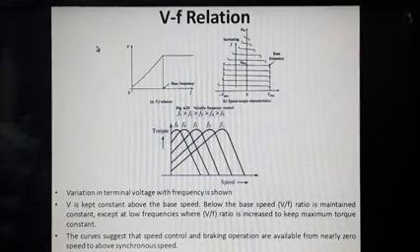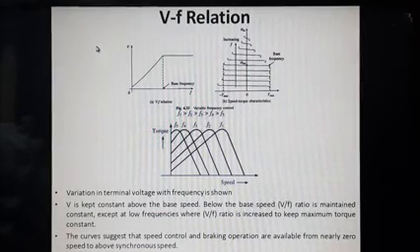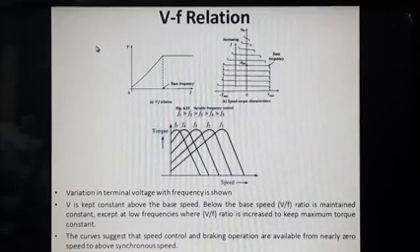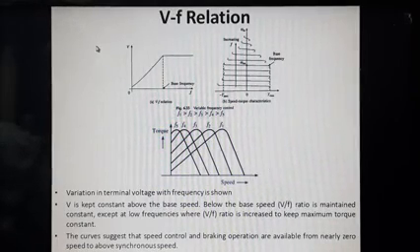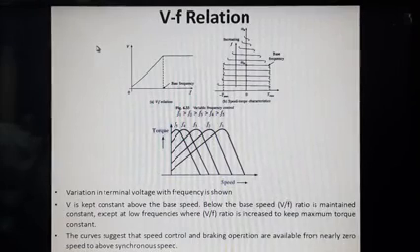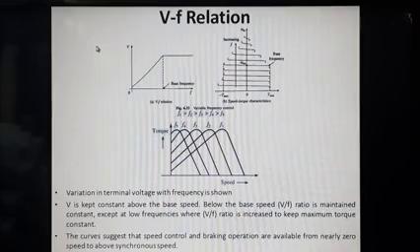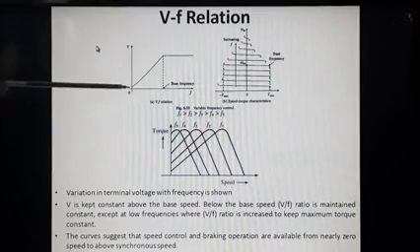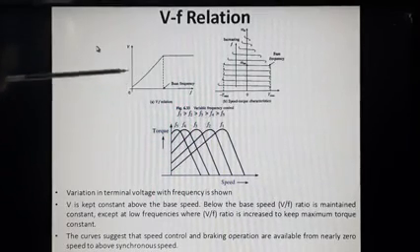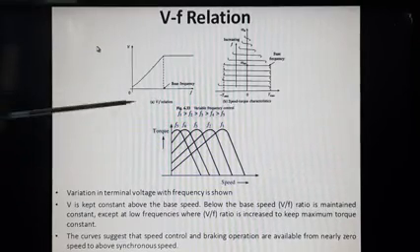If you are reducing the speed to a very small value by reducing the frequency to a very small value, then in the Tmax term, the Rs by F term also has to be taken into consideration. So during motoring operation, the Tmax value will be getting reduced, and during braking operation, the Tmax value will be getting increased. So in order to maintain the Tmax at a constant value, we will be increasing the value of V by F. So that's why for very low values of frequency, you will be getting a behavior which is shown in this V F relation.